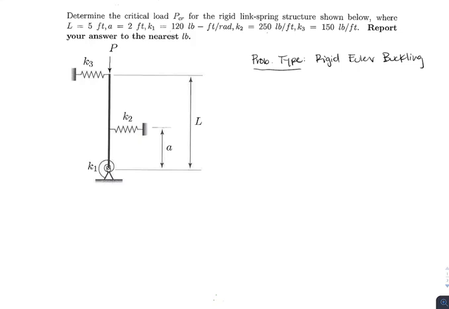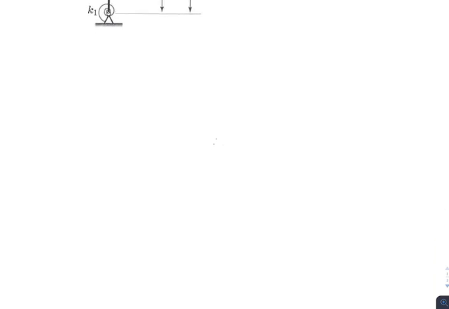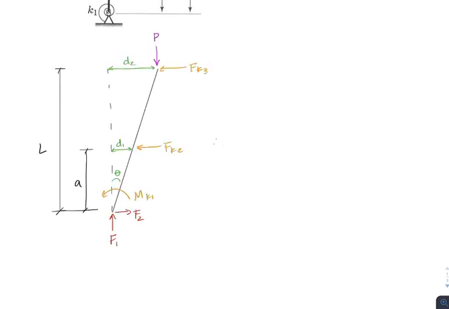body diagram with forces of the springs and maybe the moment from the spring, because at the bottom we have a torsion spring. We want to draw our free body diagram as if it's been buckled. So I'm going to go ahead and draw just the basic free body diagram right now. So here is what our free body diagram would look like for this problem. We have exaggerated the angle that the bar is going to buckle,